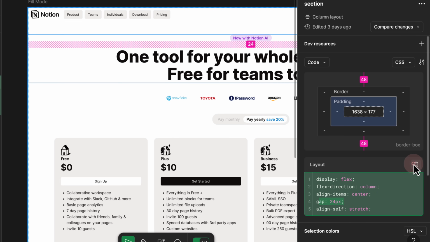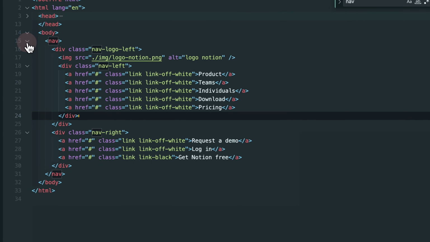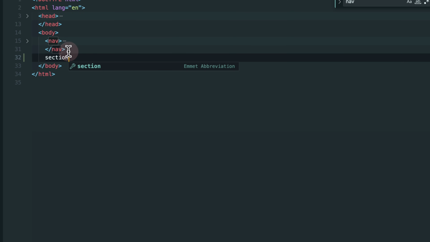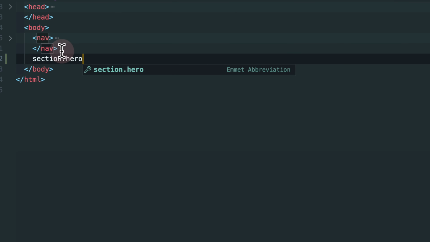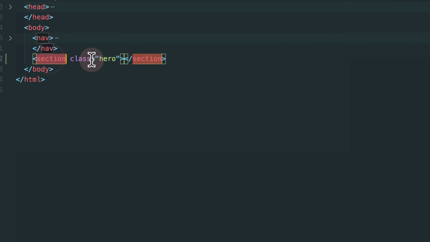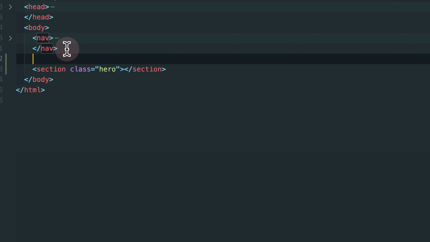So what I would do is first copy that, visit our HTML, and here I would create another section, give it a class of hero. So in this example, I would just type hero. If you type your HTML element like that, section.hero, and if you press tab, it would actually create a section and it would give it a class of hero. So here in HTML, I can also add a comment and then just write hero section, and then here all